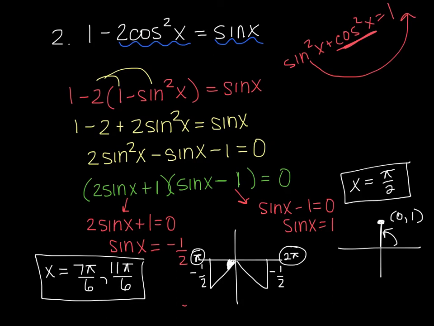And of course, anytime when you're solving, I definitely recommend that you check. So I would put these 3 into the very original, certainly one at a time, but let's say you start with pi over 2, put that into your original, substitute that in for x, and see if what you get is a true statement. You know, something like 5 equals 5, then you know that that pi over 2 works. Then check your 7 pi over 6, and then check your 11 pi over 6, just to make sure that all of your solutions do in fact work.